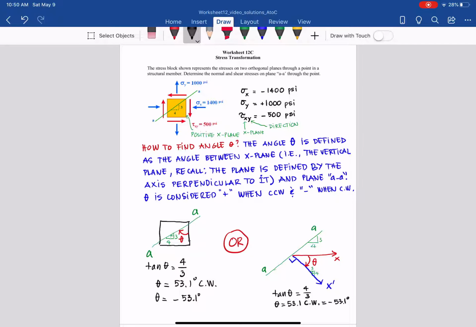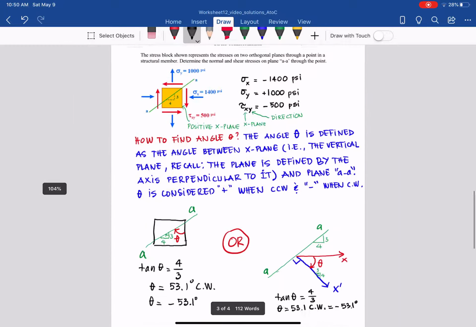In the previous part of the solution for 12C, we defined what sigma x, sigma y, and tau xy are, both sign and magnitude, and how to form the angle theta. That is the most critical part before we apply the equation. So it's not about the equation, not about the calculator, but how to get the information correctly to input for those